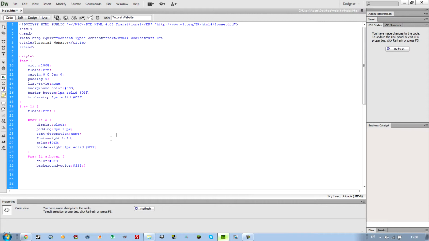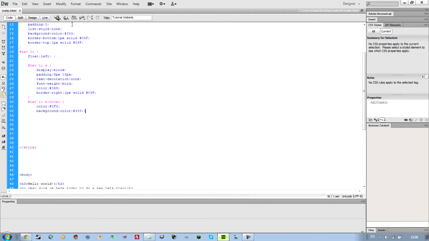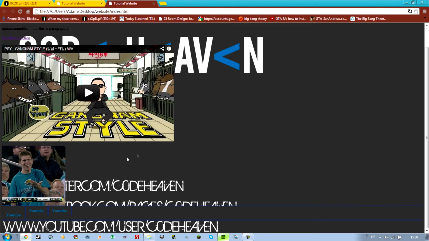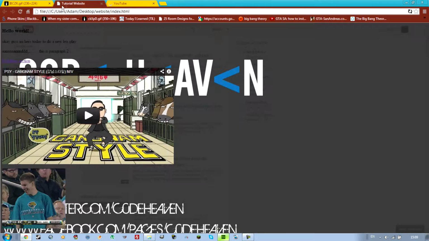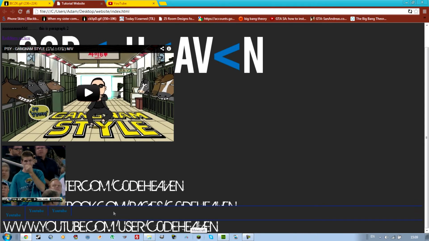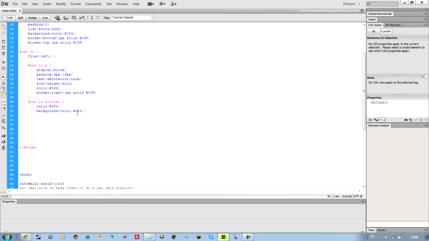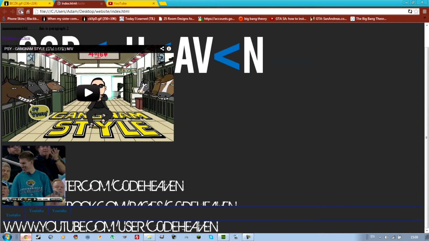Okay, and then you simply close it off, and then if we have a look now, Control S to save, we go in and preview in Chrome, and you have it. You have a navigation bar, and it works really well. But the next thing that we're going to do is let's actually make it a different background color. So let's tweak it. Hashtag, and let's make it pinky. Okay, and then we'll go and we'll refresh